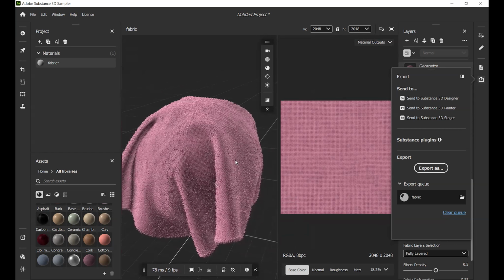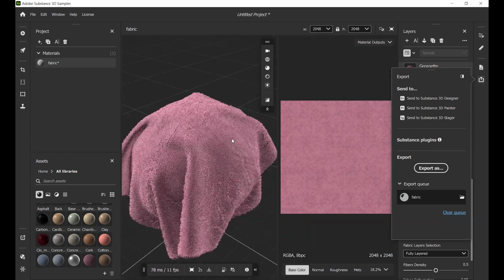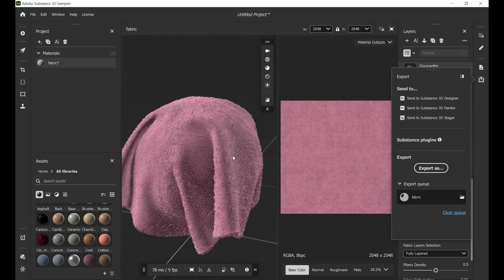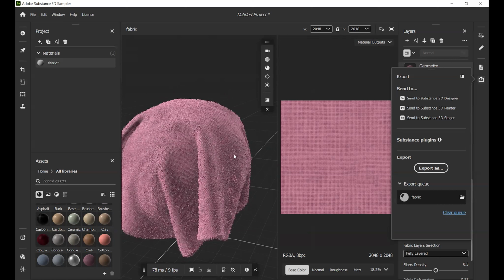And if you wanna pan, you can press and hold the Alt key and your middle mouse button. And if you want to rotate the environment light, you can press and hold the Shift key, and with the right button on your mouse, you can rotate your environment light.